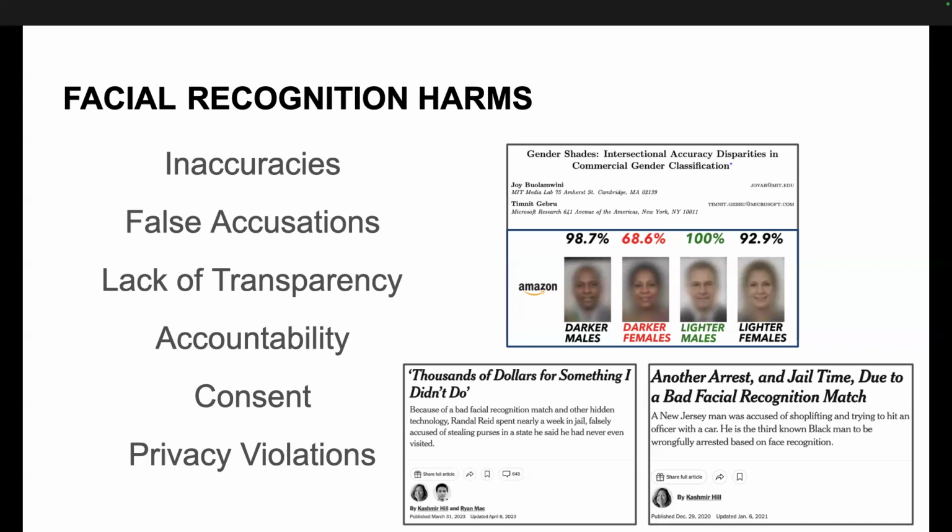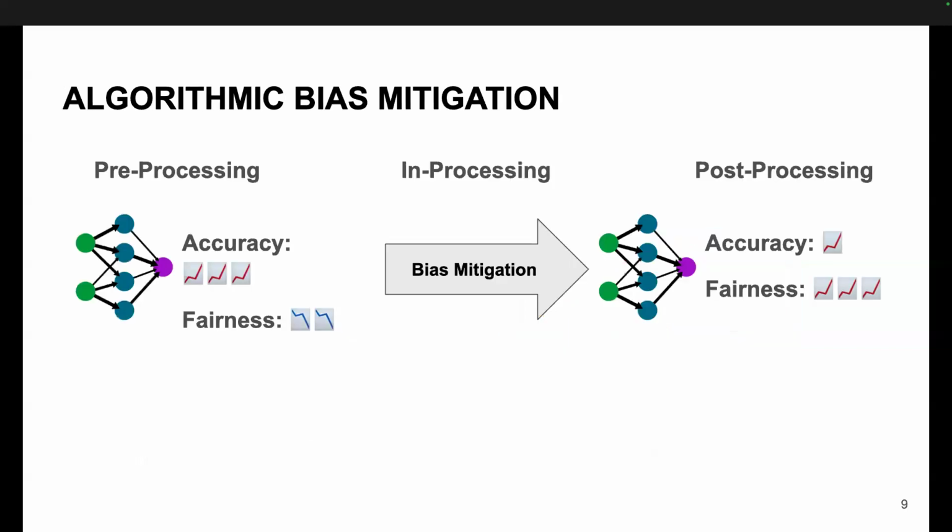There's a very prolific work here called Gender Shades, which was done I think back in 2018, and really identified in gender classification, this much simpler domain, that there are intersectional harms that can happen with these systems, and that has spurred a lot of work to think about mitigating those harms. Obviously, there's just don't use facial recognition, but there are also a lot of algorithmic bias mitigations that exist as well.